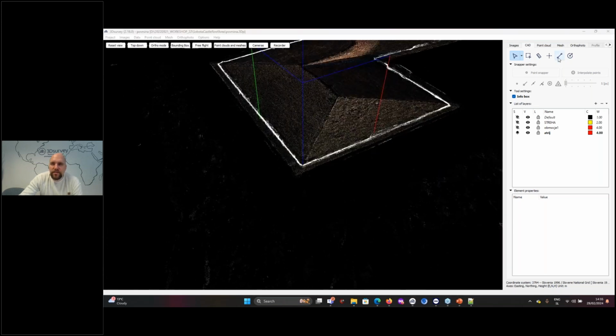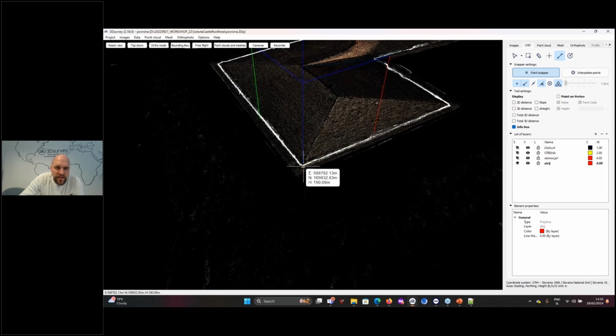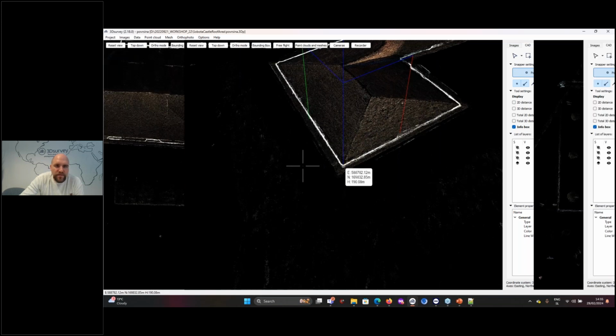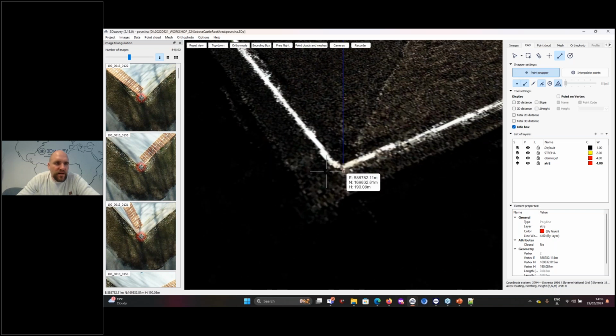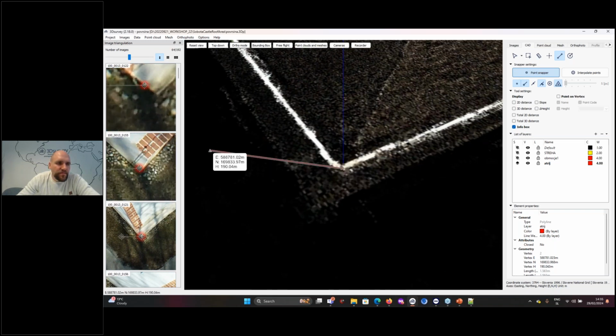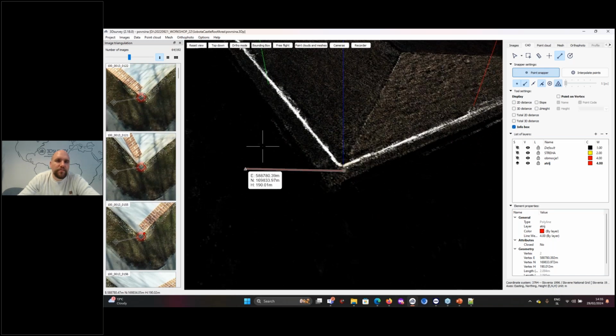And now we get to drawing. So let's start drawing the outline of this building. I will press here on the first corner. When I select a position here, we automatically get easting, northing, and also elevation. The elevation comes from the digital terrain model, so we already have the elevation that we want. Now, if I zoom in here, I can see and I can improve this 3D position a little bit more.